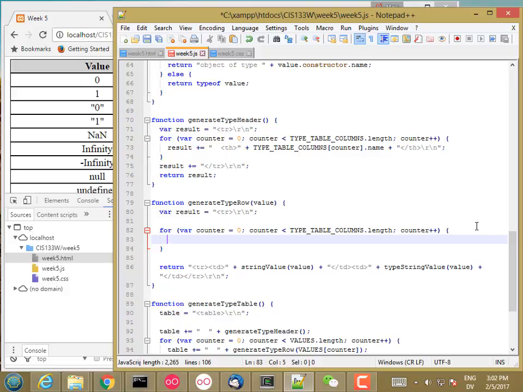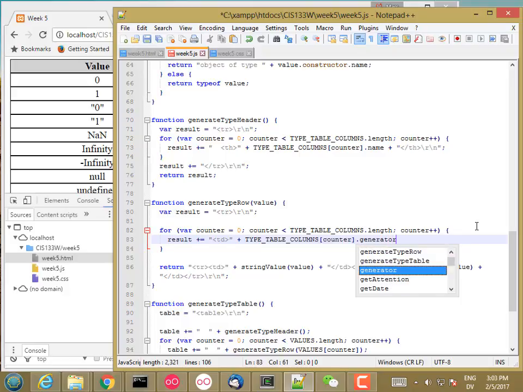And then here I'm going to set result plus equal a cell plus, and then I want to get the generator for type table columns subcounter. And then this is a function, so to call that on value, I just say open paren value close paren